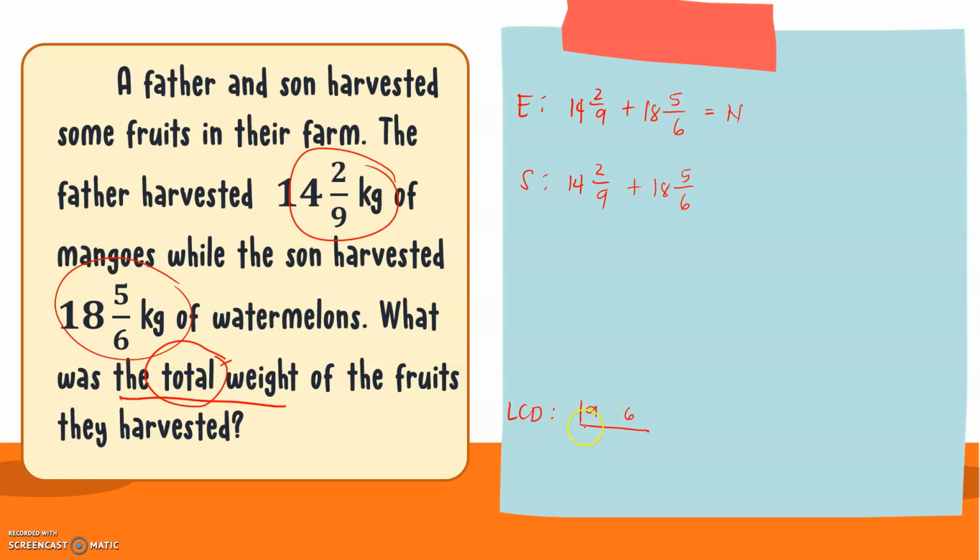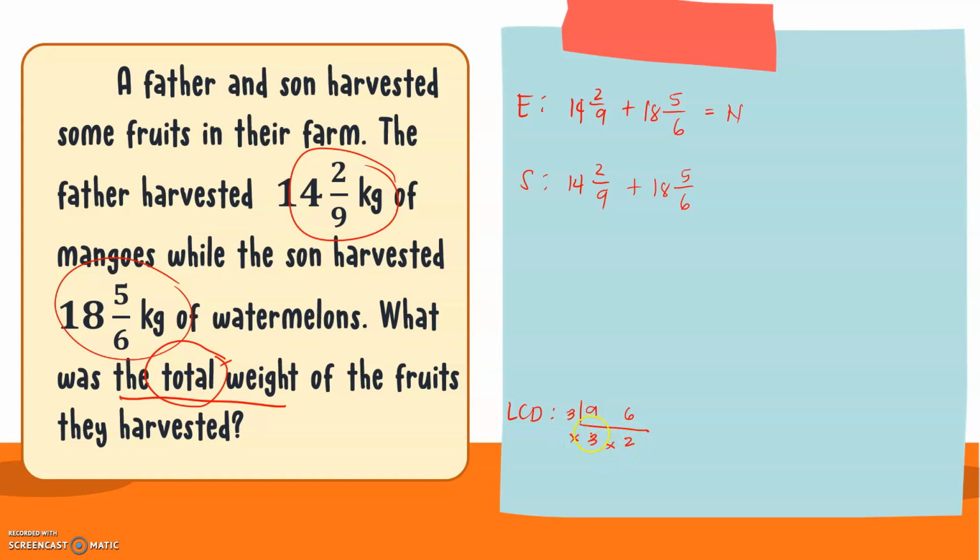This time we will look for a number that will divide either of the numbers inside our division bar. In this case, since we have 9 and 6, we can use 3, which will divide both of them. 9 divided by 3 is 3, and 6 divided by 3 is 2. 3 and 2 are already prime numbers, so we'll stop